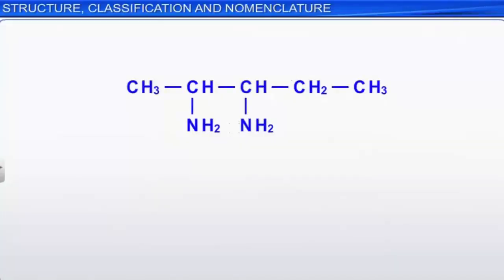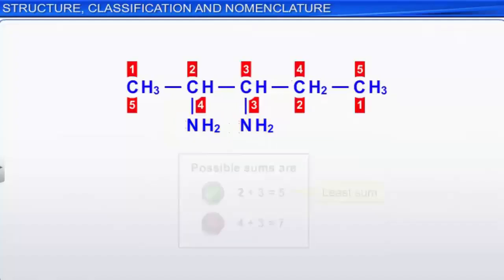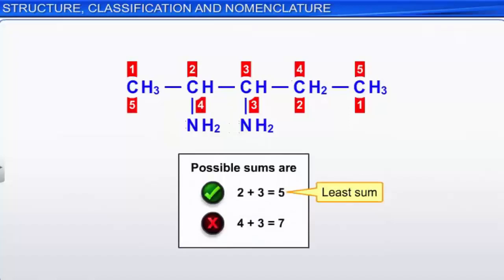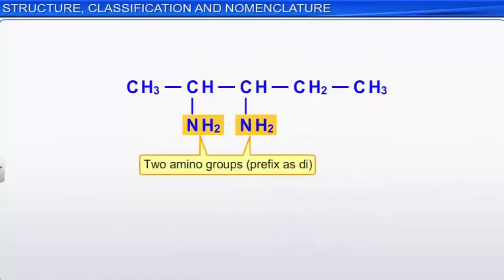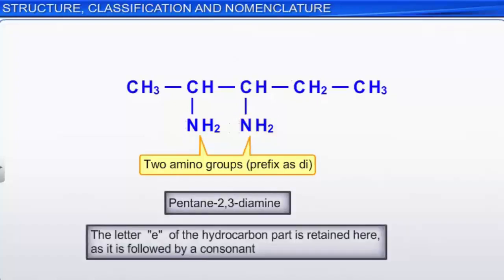If the compound has more than one amino group present and different carbon atoms in the chain, then the numbering should be done in such a way that the sum of the locants is the least. Depending on the number of amino groups present, a suitable prefix such as di or tri is attached to the amine. Thus, the name of the compound is